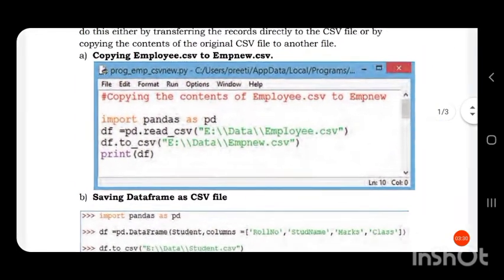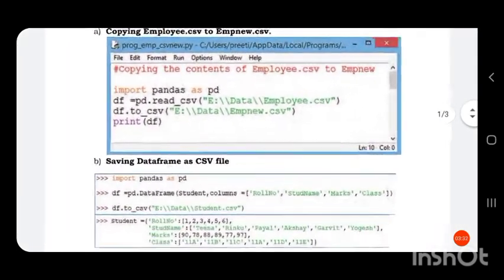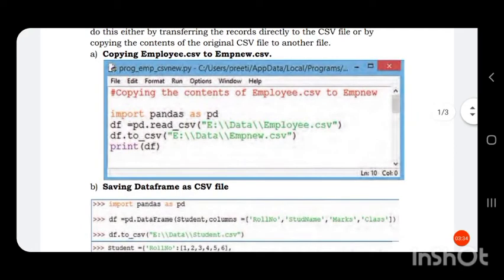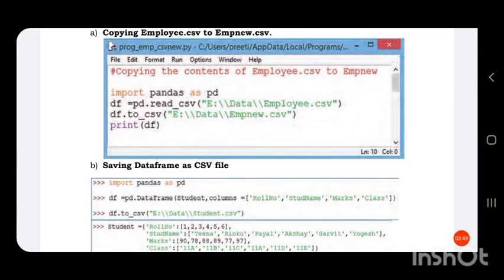That is, directly from a data frame to a new CSV file. In that case, a new CSV file is created.